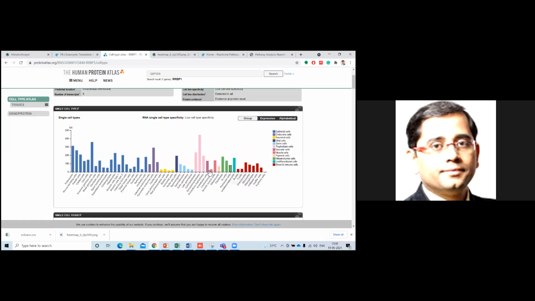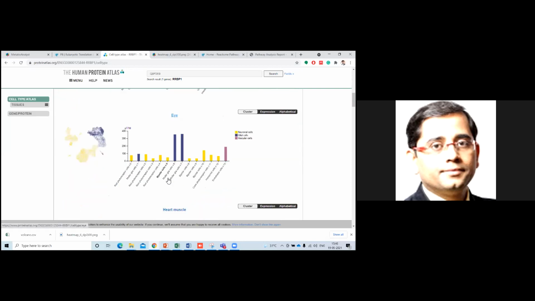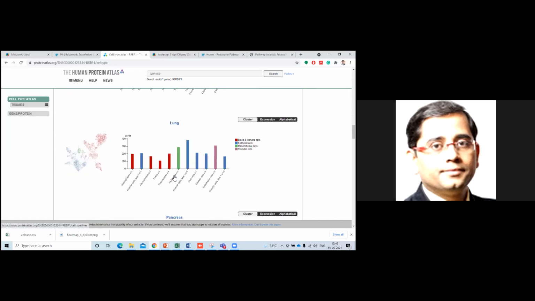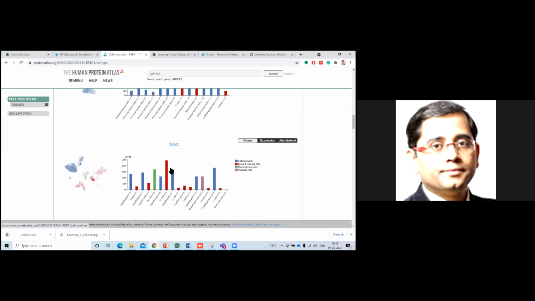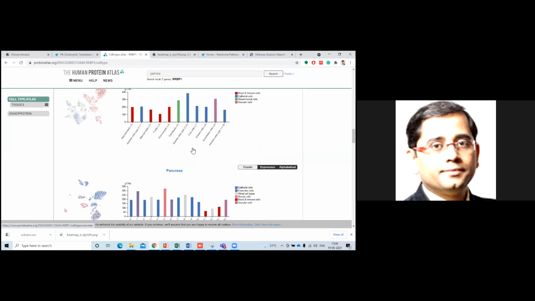For example, you see the Leydig cells, then other cells like bipolar cells and ductal cells. All these cells are somehow linked with some tissue, some specific organ, or some general cells. There is also some information present on the basis of single cell tissues that they have started putting. That means if we take liver, what cells are there, and in these cells, what is the expression of this protein, right?